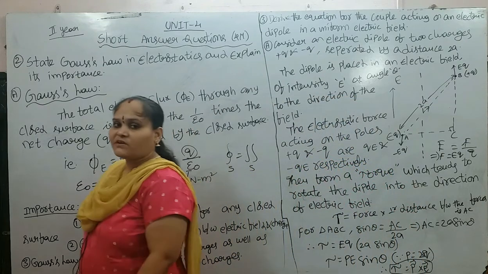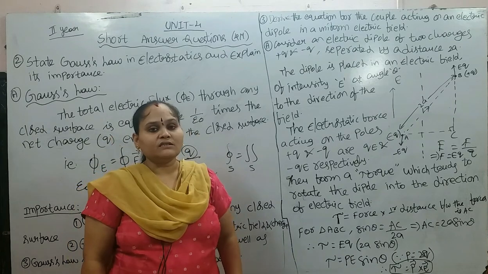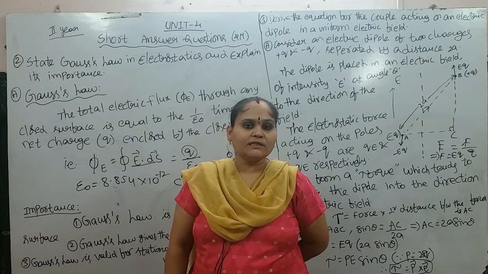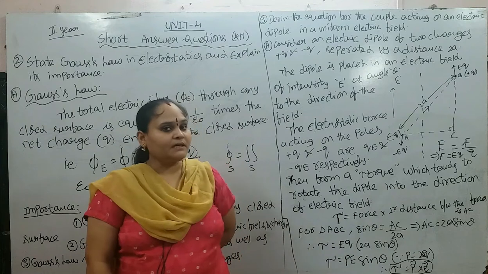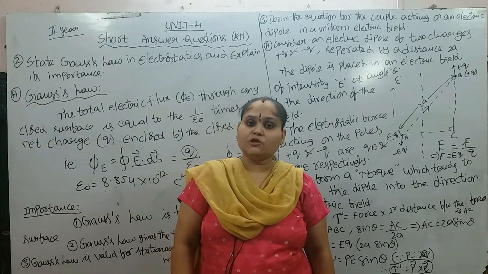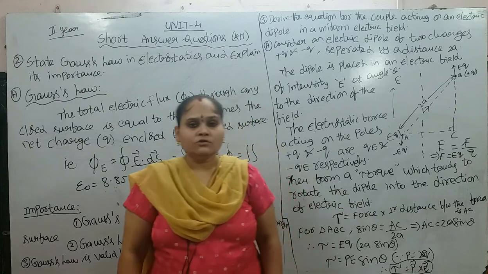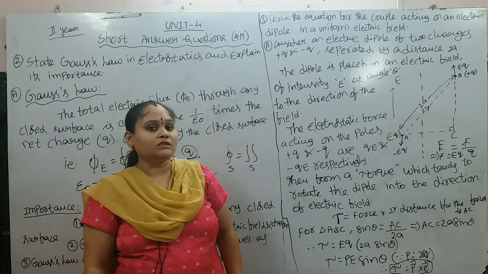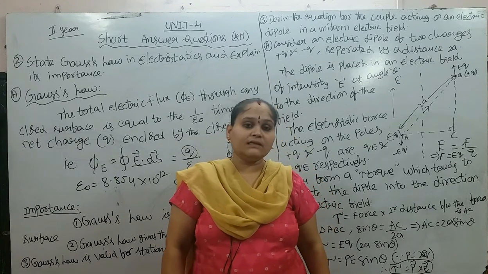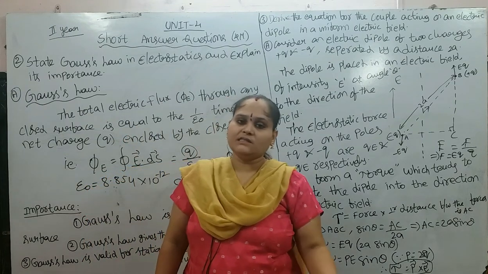And the next one, dipole moment. Through this we can find out what happens when a dipole is placed in an electric field. The two charges plus q and minus q, the force acting on minus q is minus eq and the force acting on plus q is plus eq, and they are separated by a distance 2a. So this dipole is placed in an electric field, and we will observe some torque. The torque rotates the dipole along the field direction. So the torque tau will be force into the perpendicular distance between the charges, that is AC. We can find AC using the triangle ABC. We can write sin theta equal to AC by 2a, so AC equals 2a sin theta.